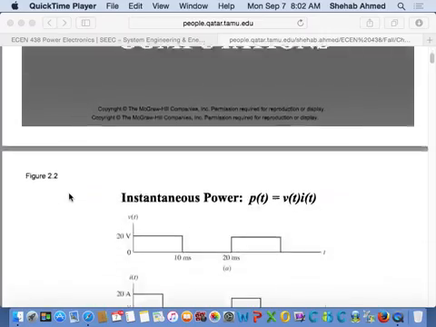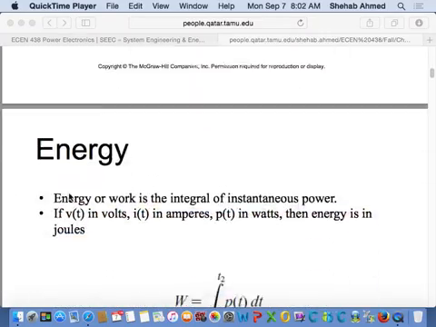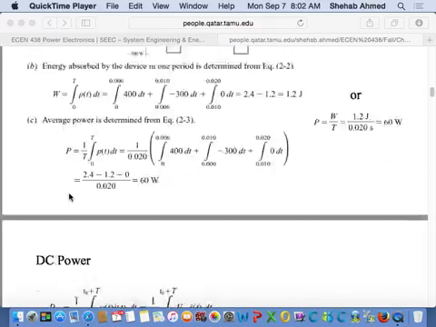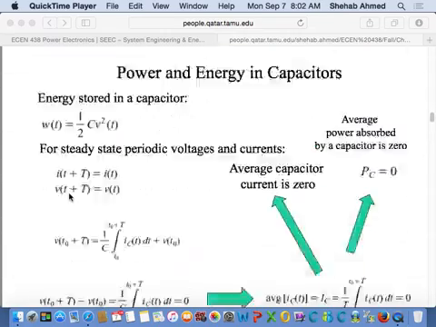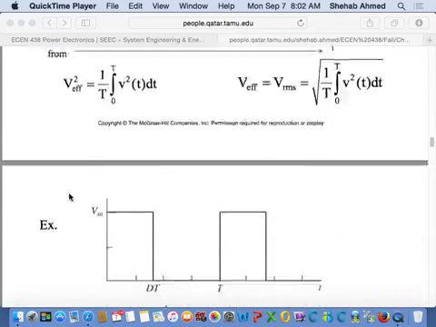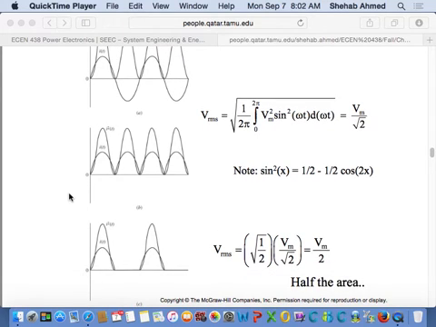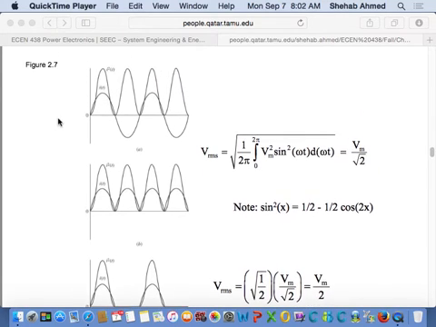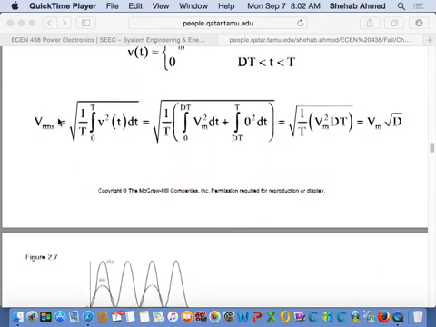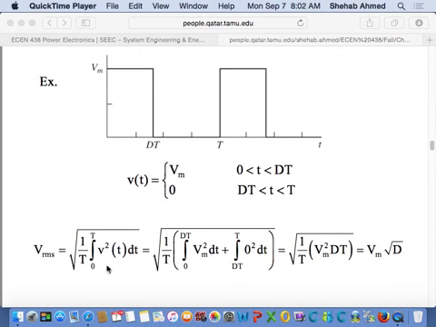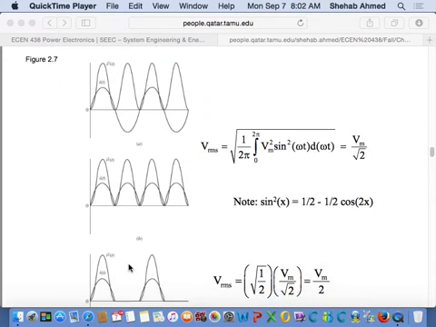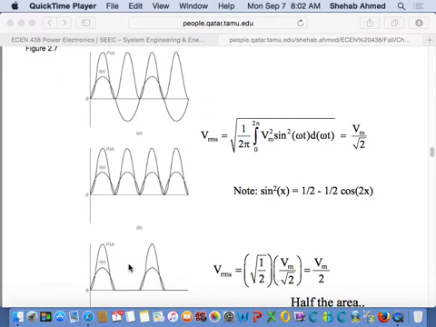We were talking about power computations in chapter 2. Again, as I said, it was basically a review. We stopped, I believe, at RMS calculations. So is everybody okay with calculations of RMS? From the basic equation of RMS, we then looked at the RMS of some waveforms based